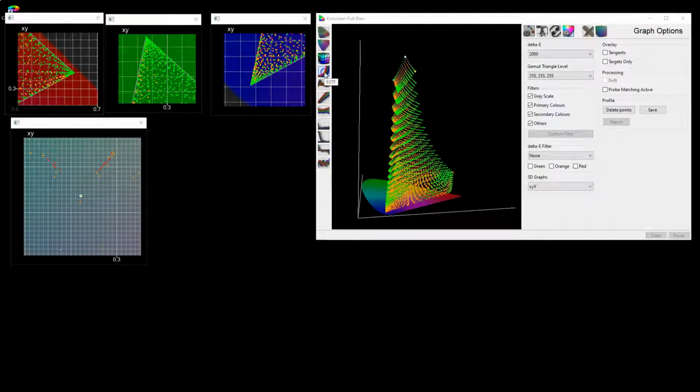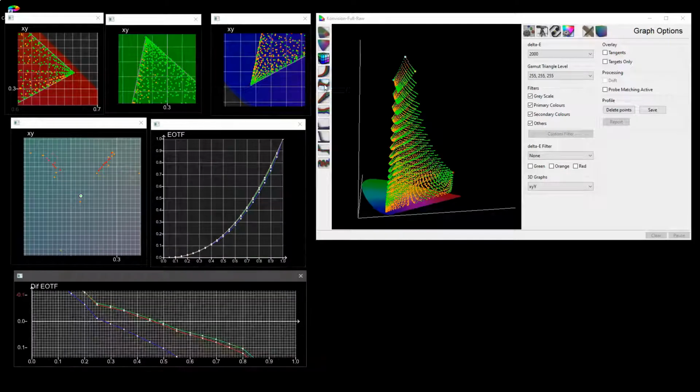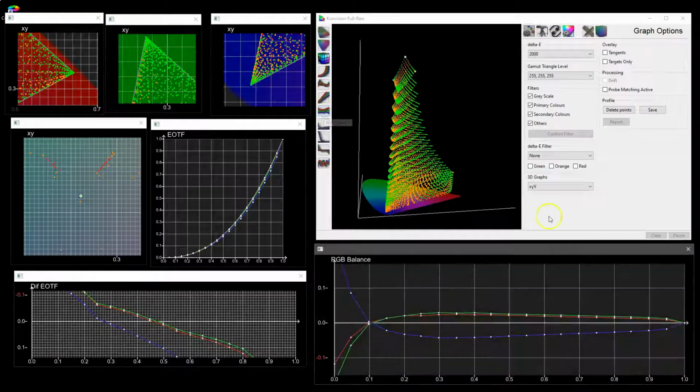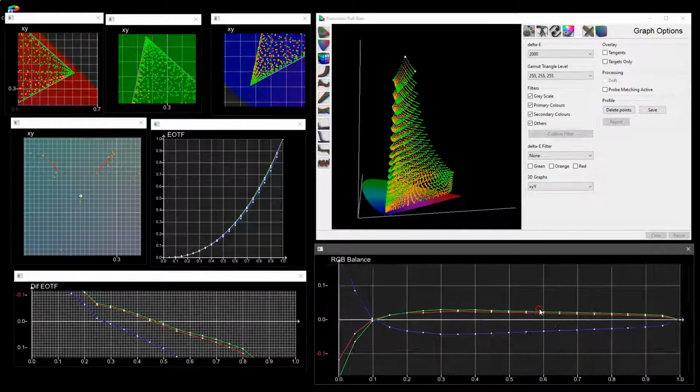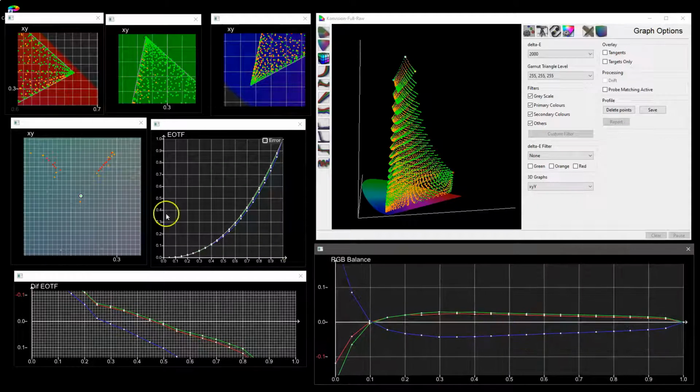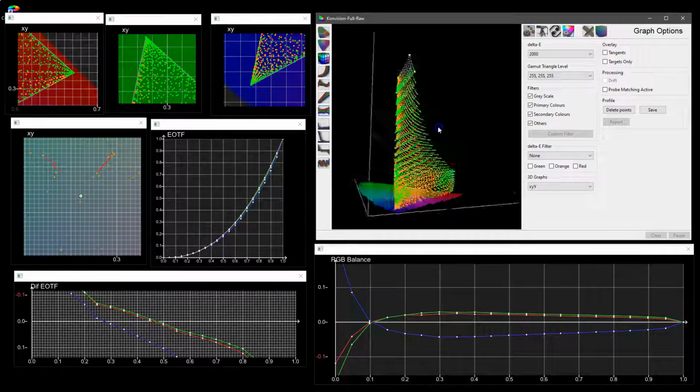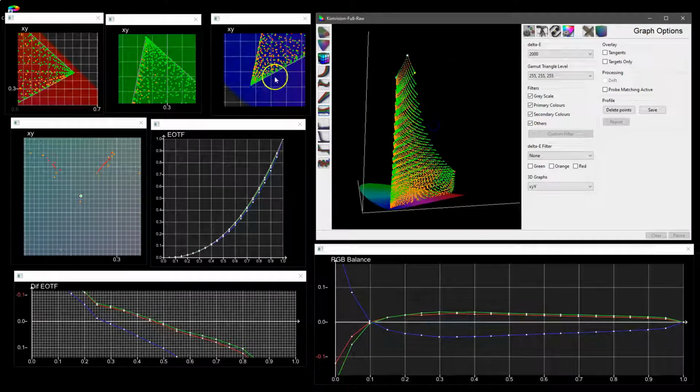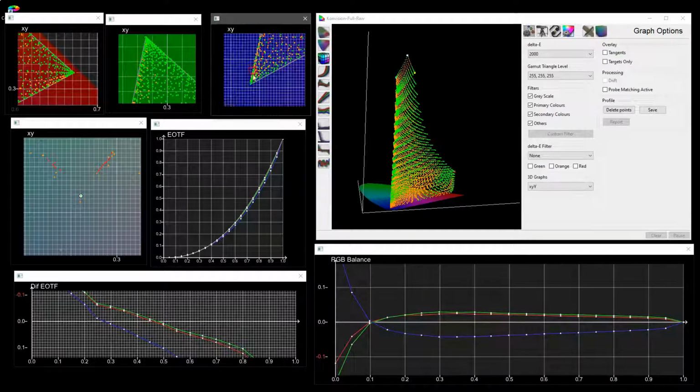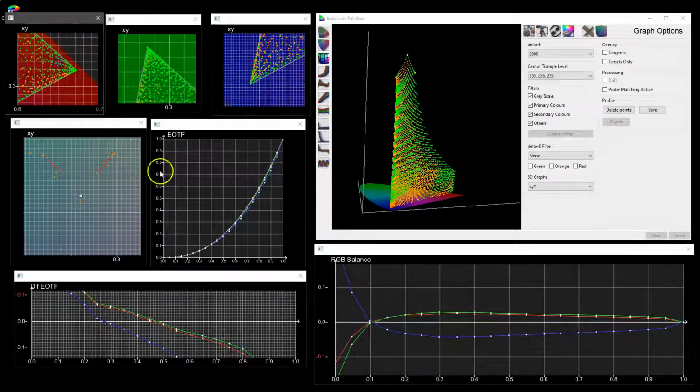We can have a gamma graph, a differential version of the gamma, and we'll call up the RGB balance. And again, all these graphs are independent but showing the same data at the profile we're working on. And if we were doing live measurements, these would all update with each measurement so that you can see exactly what's going on when you're doing a manual calibration, or as in this case when we're doing an assessment of